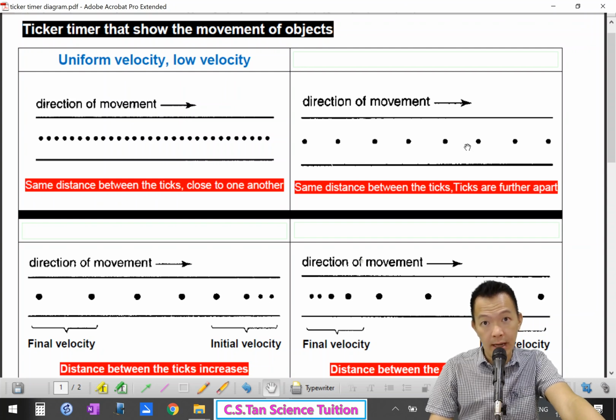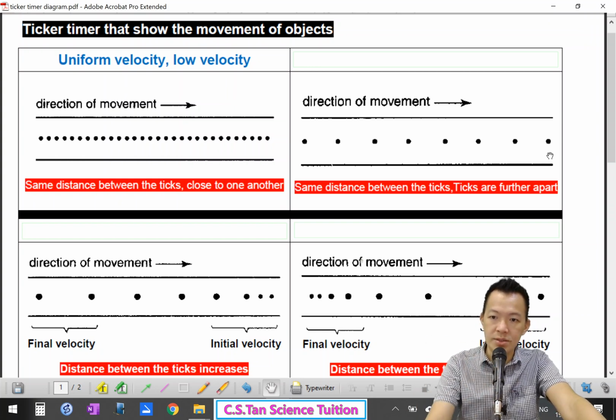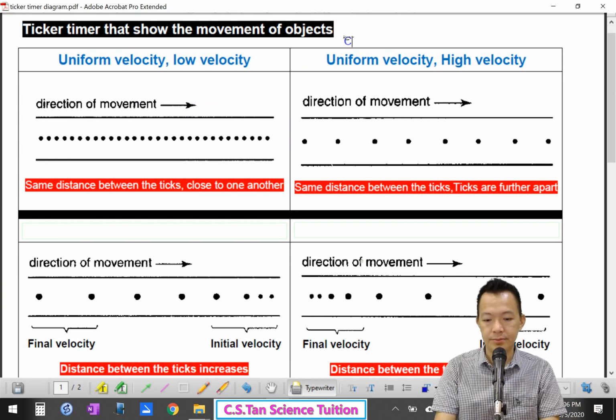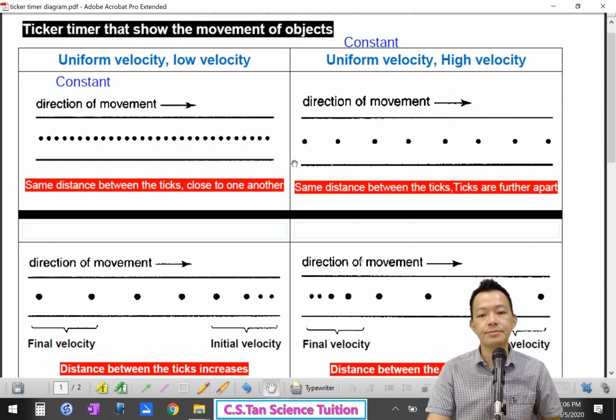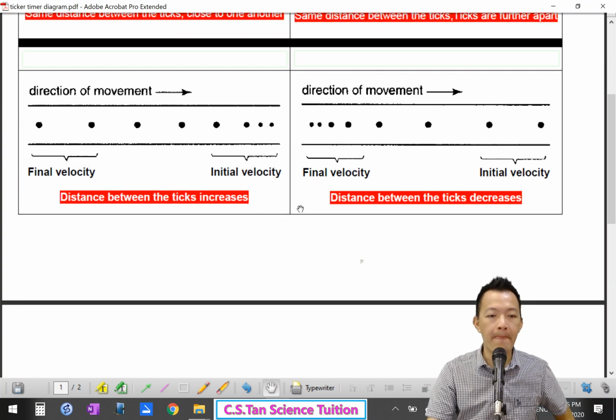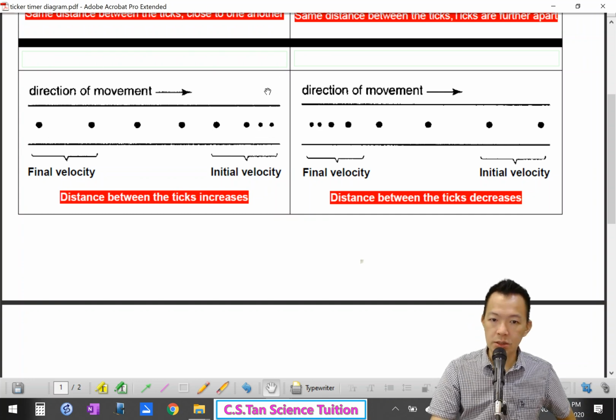Okay, how about these two? 这两个怎么办？Okay, this one, the velocity will be higher, 比较高。And it's still uniform, 它还是很平均的，没有加速, not accelerate and not decelerate, 没有加速，没有减速, uniform constant, or you can call constant velocity. Okay, next another two, 另外的两个。